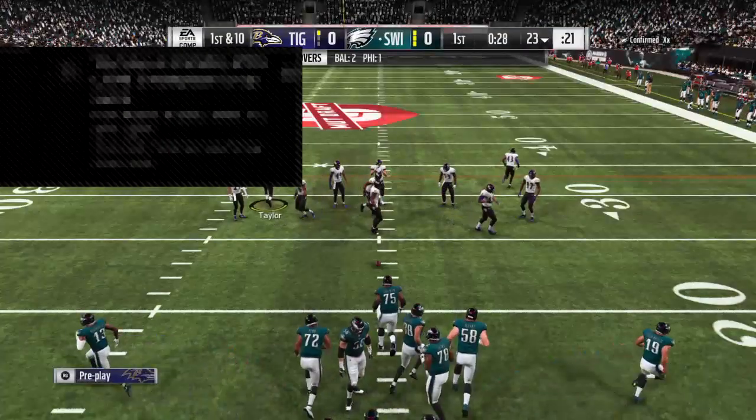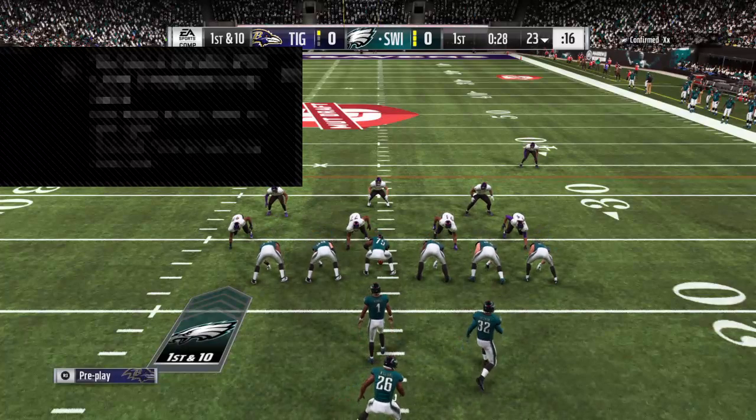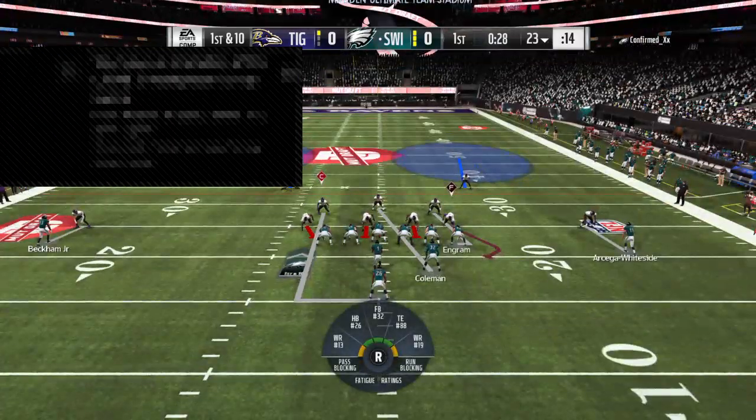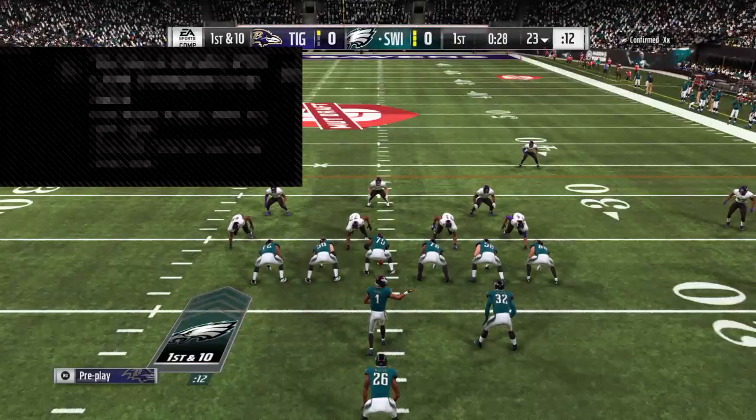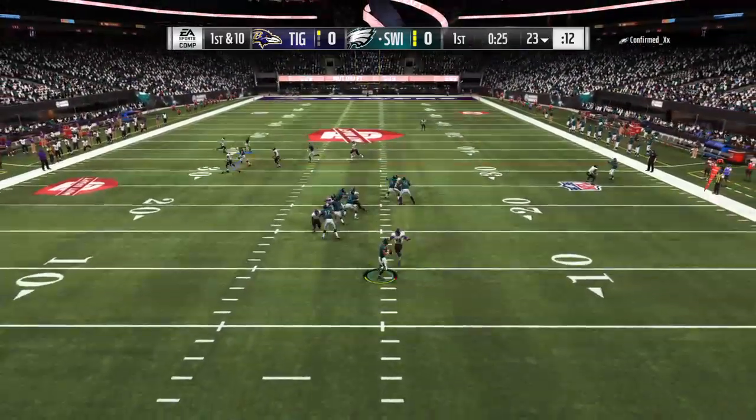Here's the Philadelphia offensive unit now as they head out to take over possession. And a fumble last time. Ball security, talk about it all the time in the National Football League. They've got to be better at it on this drive. Don't you think that when every team gets...